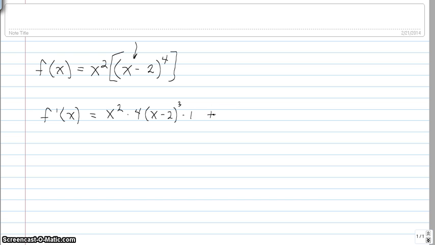And then plus, now we do the derivative of the first, which is 2x, multiply by the second function, which is just (x minus 2) to the fourth. Now there's a nice trick for factoring that will help us, I think, a lot in simplifying this. Rather than multiplying everything out,